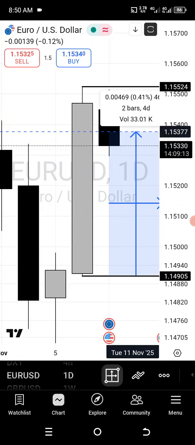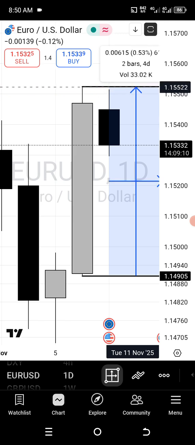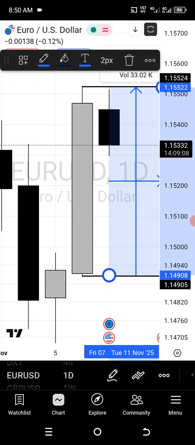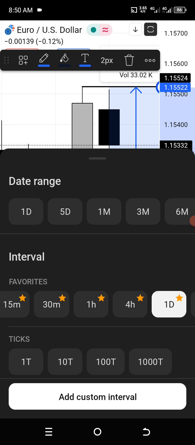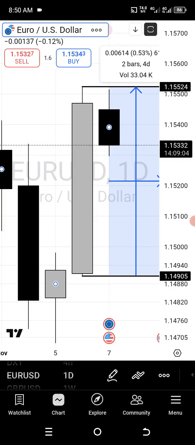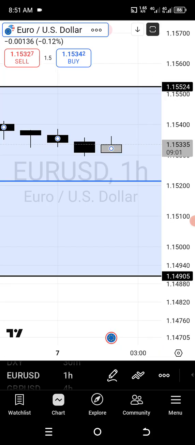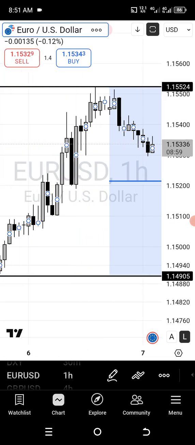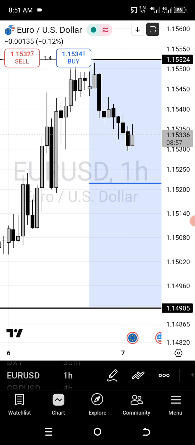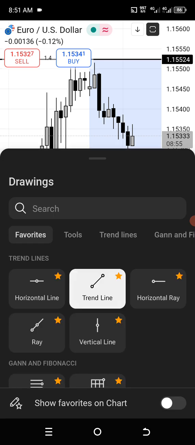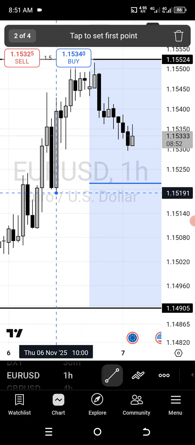If I put my fib on, since I've seen this setup on the daily time frame, I'll go to the 1 hour time frame for my confirmation, and I'll wait for a liquidity grab somewhere here. My eyes are going to be concentrated on these lows here. If price sweeps this low